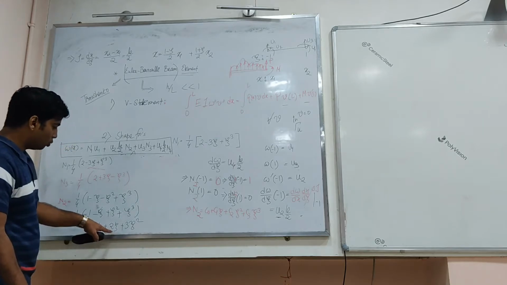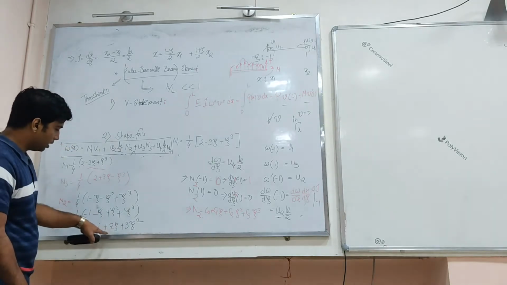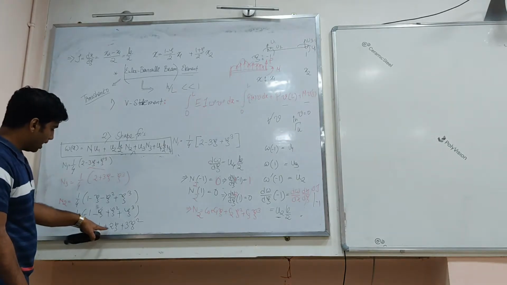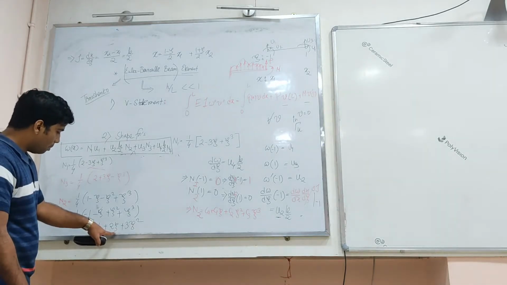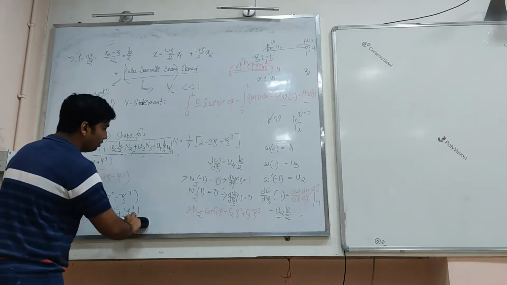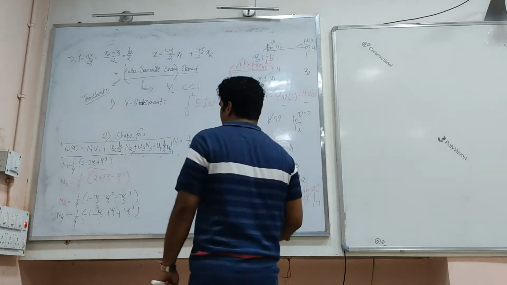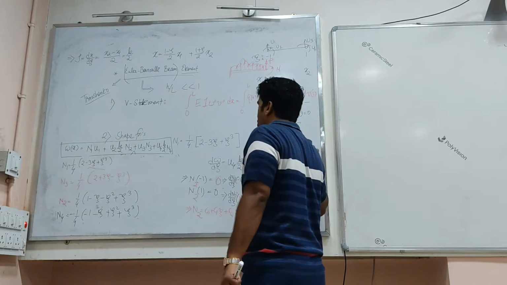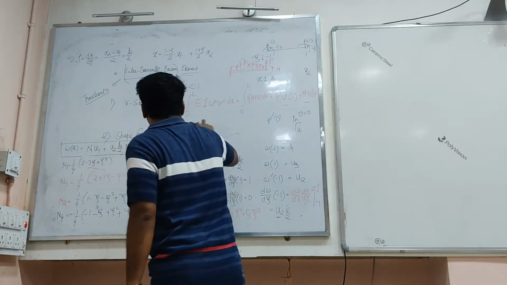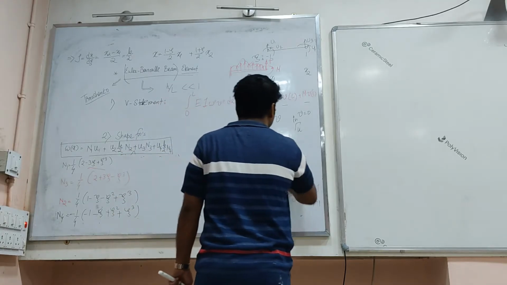So when xi equals 1, then it is 5 minus 1, which is 4, divided by 4. And if I take xi equals minus 1, so minus 1 minus 2, so minus plus 3, 3 plus 3 goes to 0. So these are the 4 shape functions, and that way we have figured out the 4 shape functions. So we can skip everything that is here.